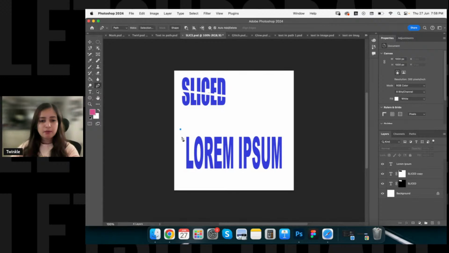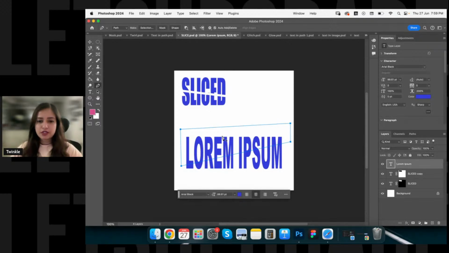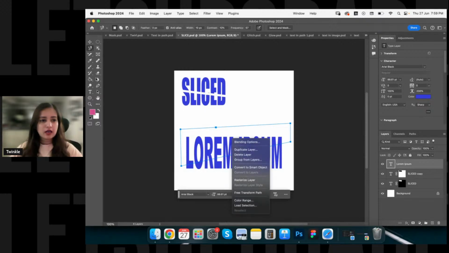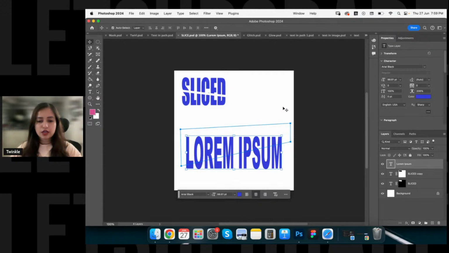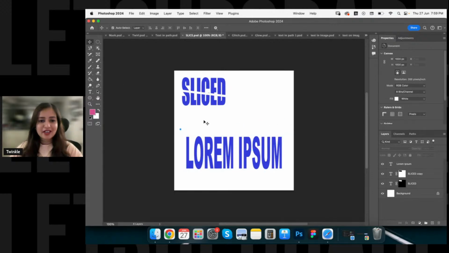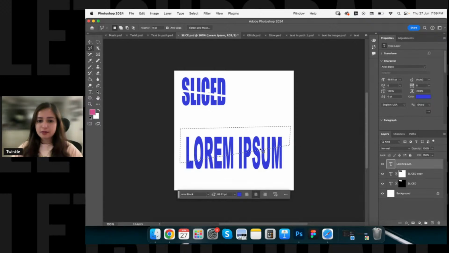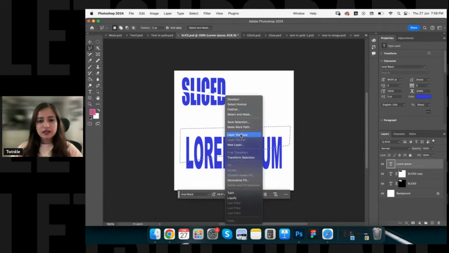So I'm going to select my pen tool, and I am going to create a free shape right now. Okay, once this shape is created, I am going to click on my selection tool, and just a second, I think I should not have done it with my pen tool. I think it is better if I select my polygon lasso tool. I'm just gonna deselect this area, and I'm going to select my layer which has the text in it, and layer via copy,